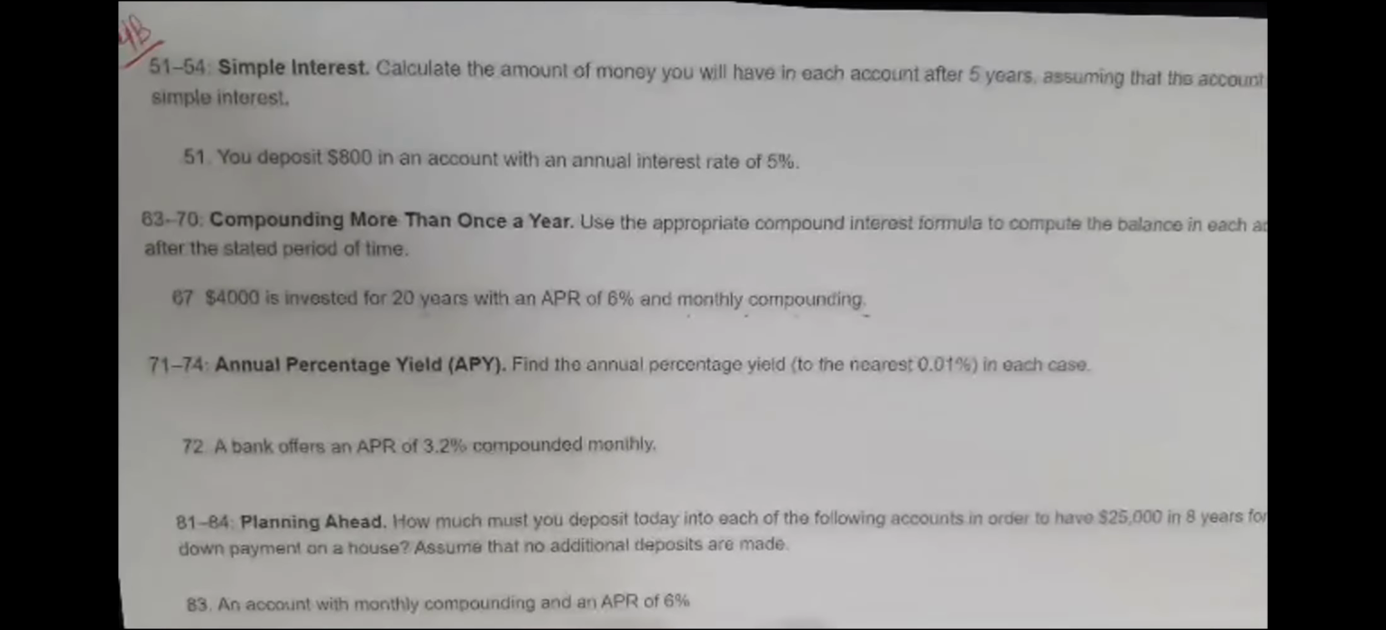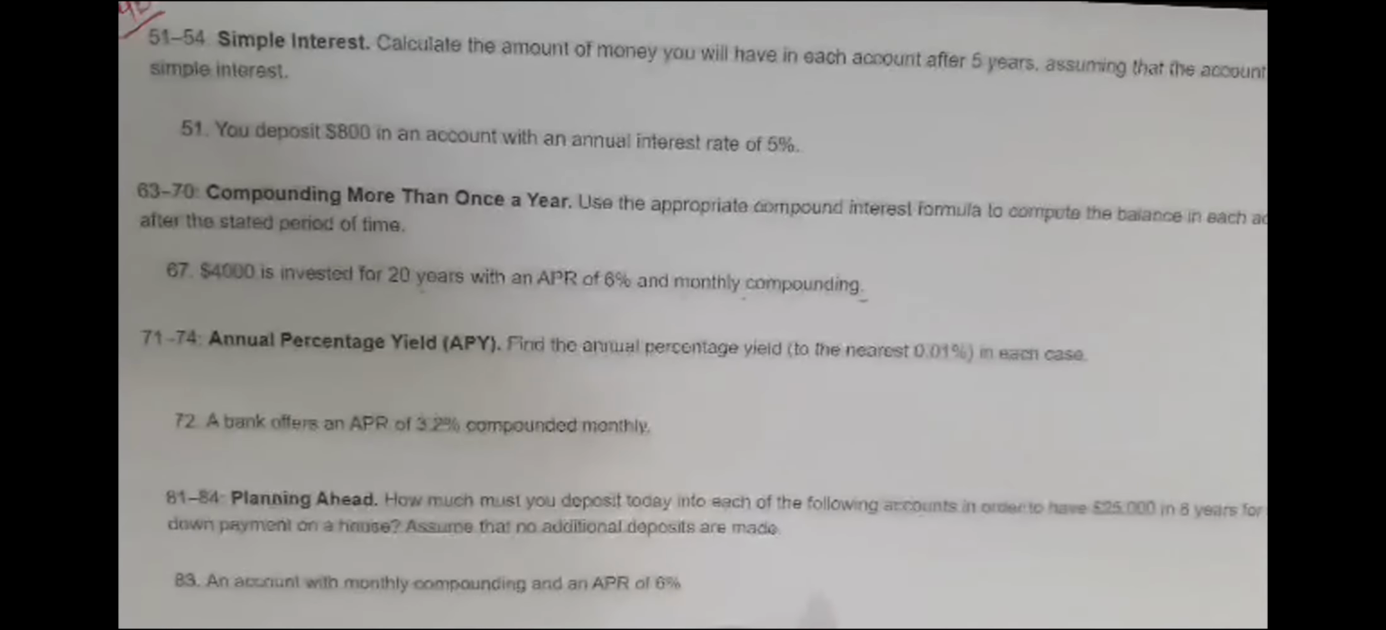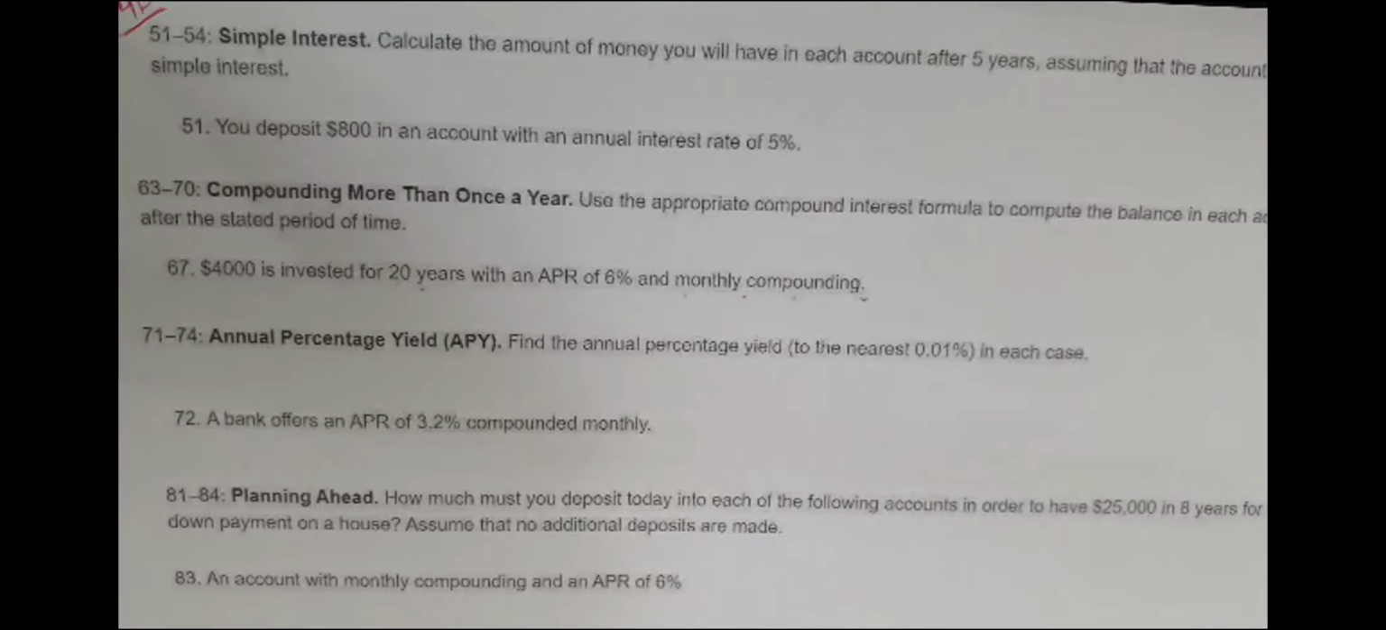Okay, so 4B, a little bit of a shift in the direction. So we're still doing finances. Here we're doing simple interest and compound interest. So calculate the amount of money you would have in each account after 5 years, assuming the account earns simple interest. So if we deposit $800 into an account with 5% annual interest rate,